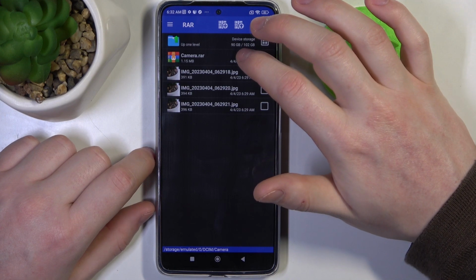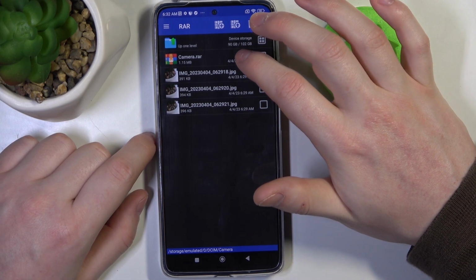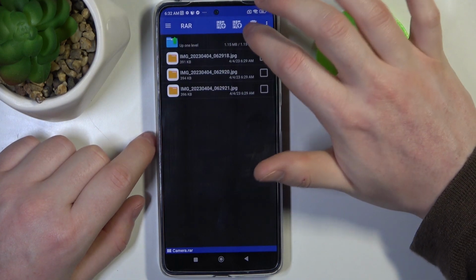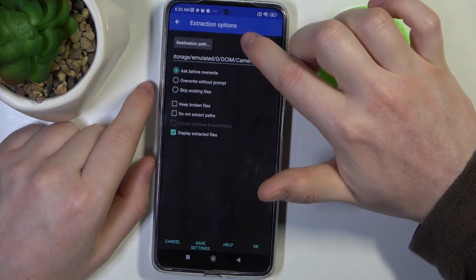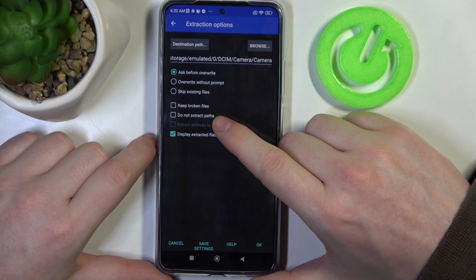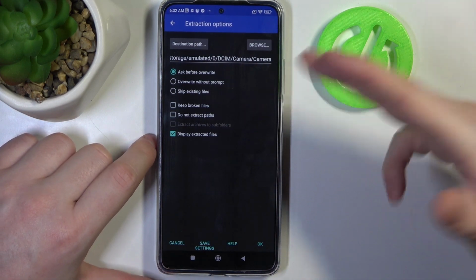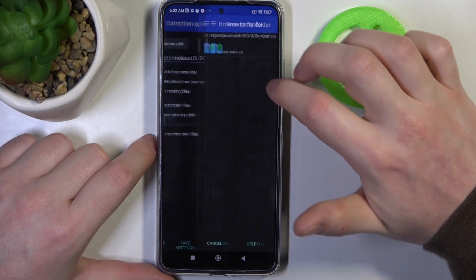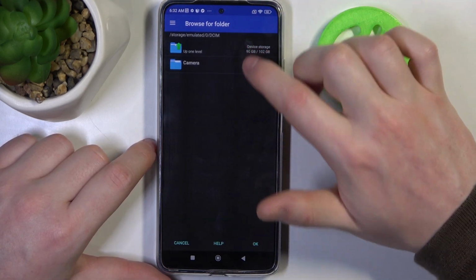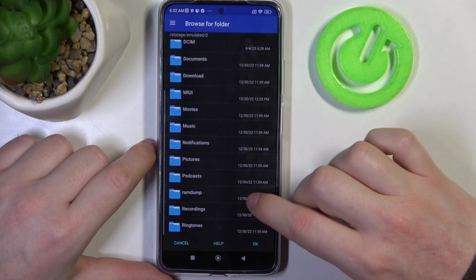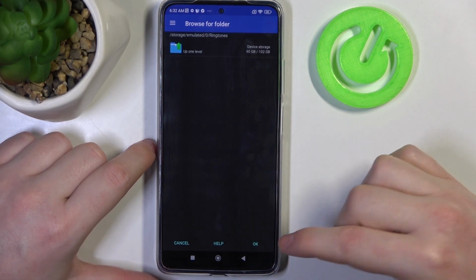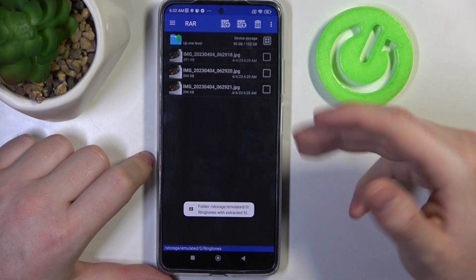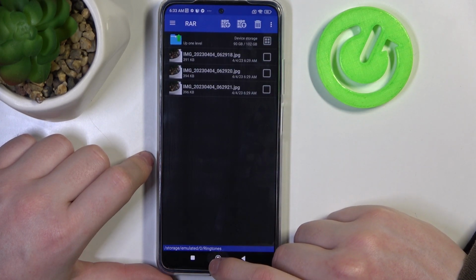In your case it will probably be in a different place on your phone, so find the file, then click on it, select the arrow pointing up button to enter extraction options. You can customize the options however you like, but it's not necessary. If you want to change the destination, click on browse and pick where the files will be unpacked. In this case, let's go for the ringtones and click on OK, then click on OK again, and the files are unpacked. And that's it for this